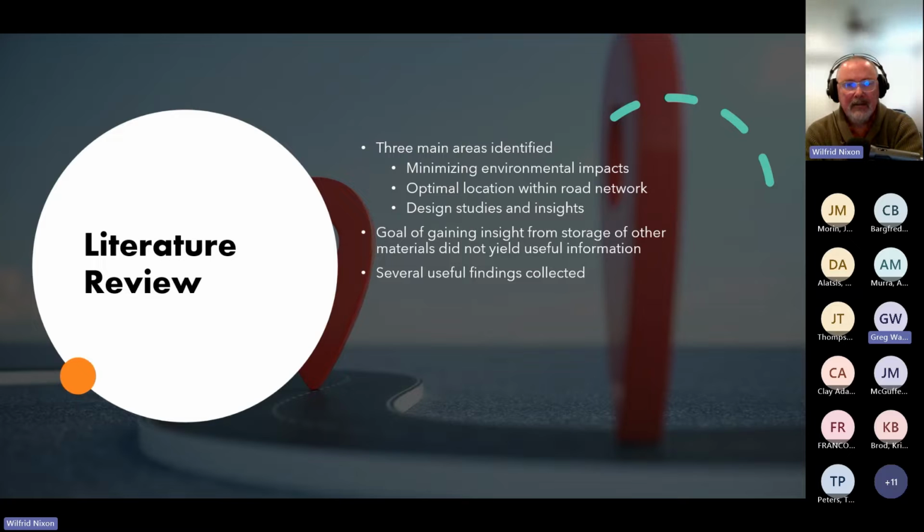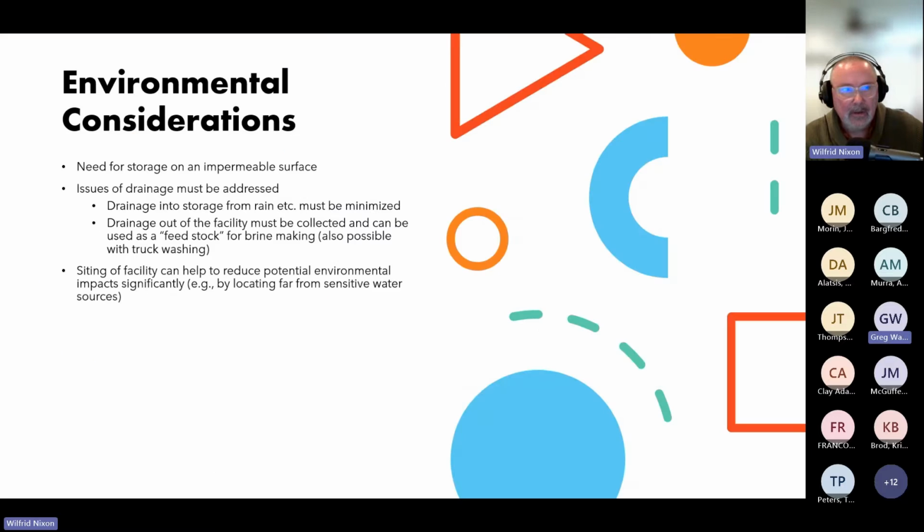Nonetheless, we gained from our total literature review several useful findings. And in terms of the environmental considerations, very clear that the number one thing you can do is do your salt storage on an impermeable surface. If it's just stored on earth or soil, then salt will leach into that soil and will thereby get into the groundwater and possibly into nearby rivers, lakes, and streams, and that's obviously